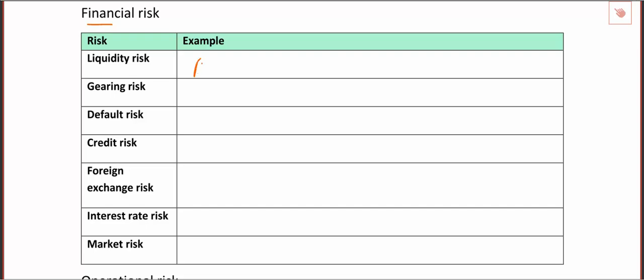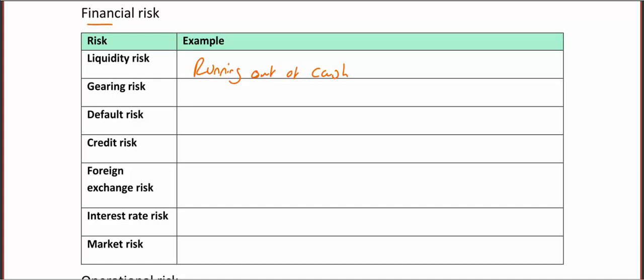And liquidity risk is all about, well, what happens if I run out of cash, or what is the risk of me running out of cash? It means I'm not going to be able to pay my suppliers. It means that they might stop sending me raw materials, which means I can't make my product anymore. I might not be able to pay my labor. They might not want to come to work anymore, and that means I'm going to have less products to sell, and it just kind of creates this cycle of problem.